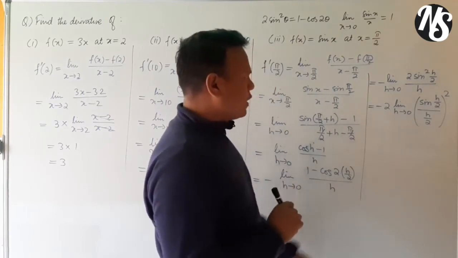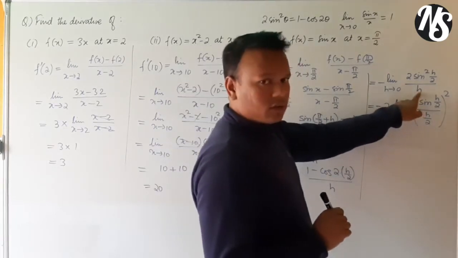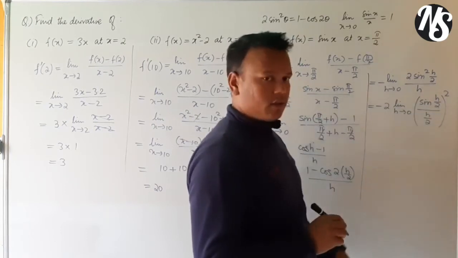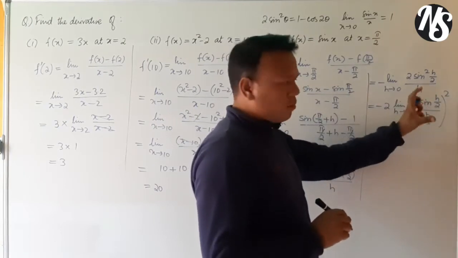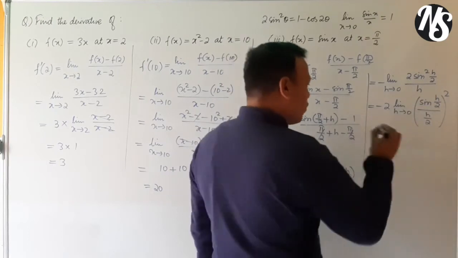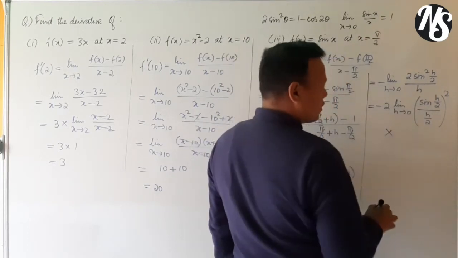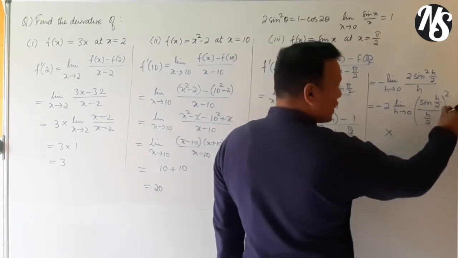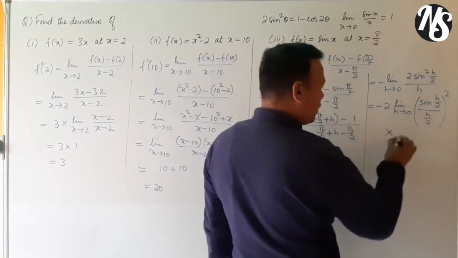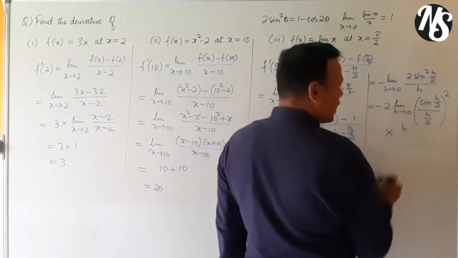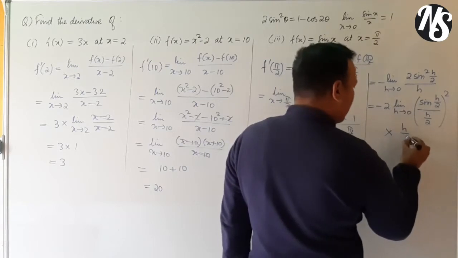Now you must be wondering, we have only h here, but you are writing h square. So in order to balance it, I will write here into h by 4,